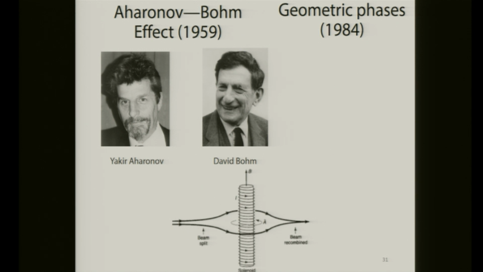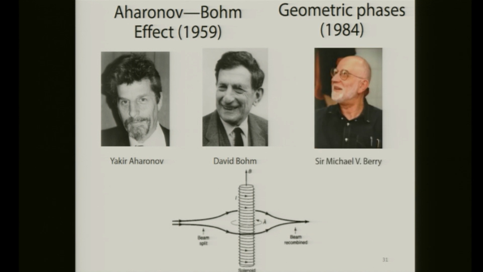We know that once you have a flux tube and you put a particle, and draw a contour circumventing this flux, you can measure the interference of the particles combining the paths, and you find that once you change the magnetic field inside this loop, you can see the fringe shift. That's the Aharonov-Bohm effect, which later was interpreted as the real space manifestation of the geometric phase.